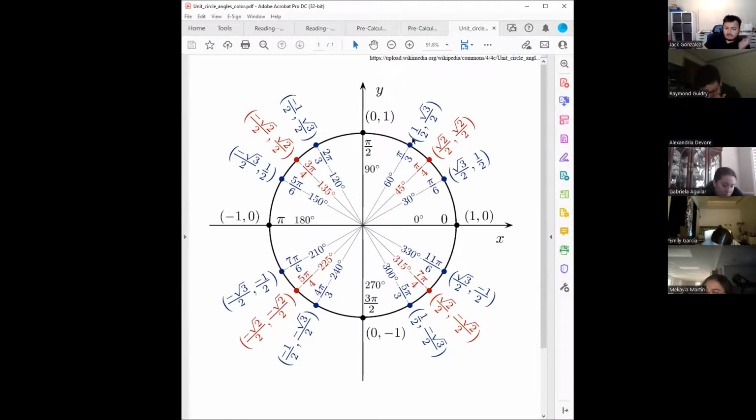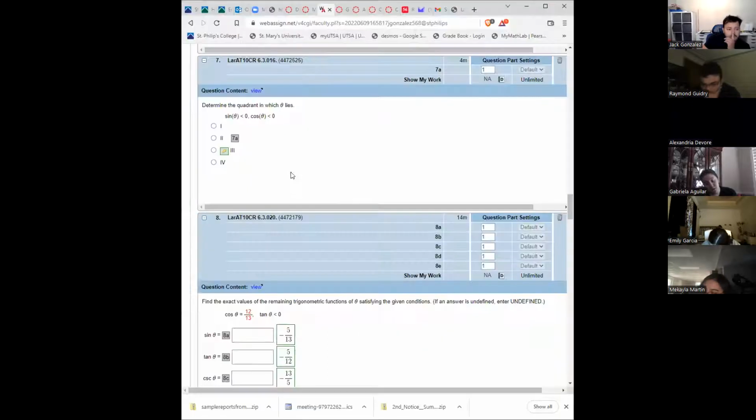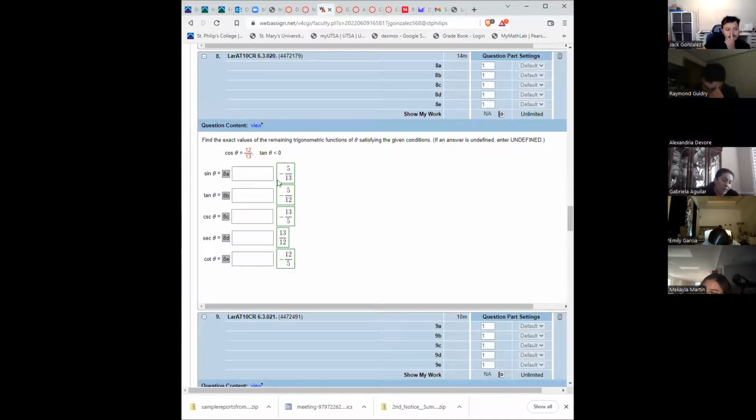But that's how I want you to look at it. Y is sine, x is cosine, tangent is a ratio of y over x. And then of course, secant and cotangent are just reciprocals, so who cares? But anyway, keep all that in mind as you're doing these. So over here, check it out, number 8. Cosine is positive, so that means it could be quadrant 1 or quadrant 4, right? If you look at your circle one more time,